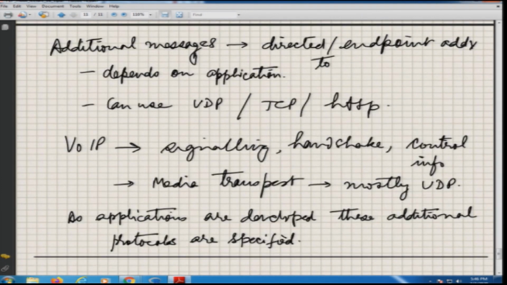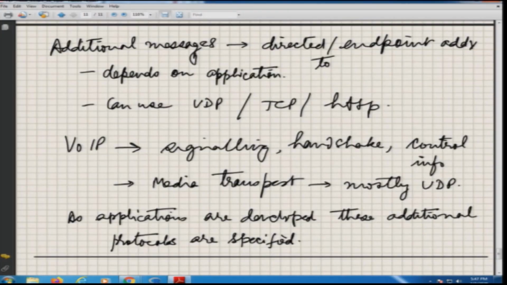And of course, there can now be additional messages directly. Once you know the endpoint address, you might have to do a peer-to-peer negotiation, for example, call setup, voice over IP call setup, or maybe identifying an API by which you can subscribe to a VM service, by which you can actually dump the messages. These are communications which are not passing through DST, but which are direct point to point communication. So, separate messages have to be identified for this purpose.